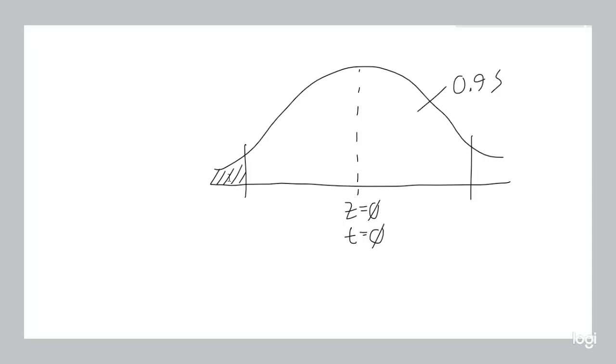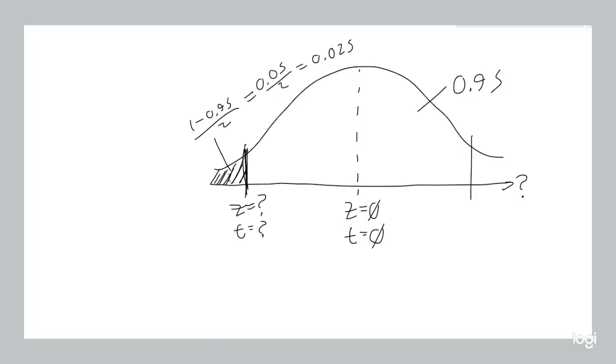The entire area under the curve is 1, and so due to symmetry, the size of this tail is going to be half of what remains, which is 0.05 over 2, or 0.025. And you want to know, what's the Z value on the Z axis here that represents that cutoff for this tail, or what's the T value,